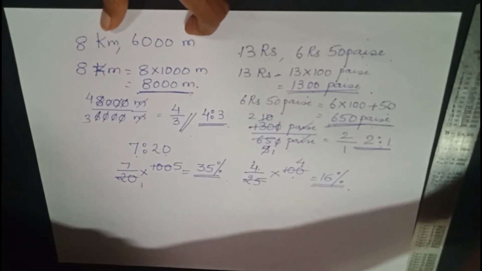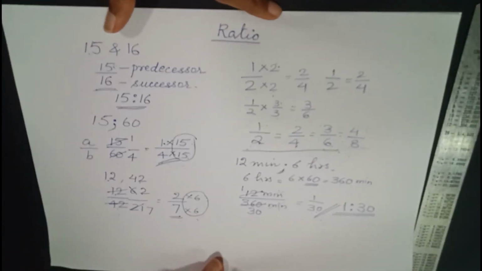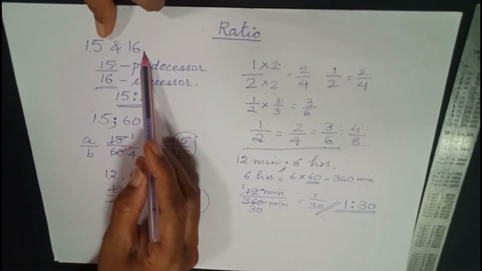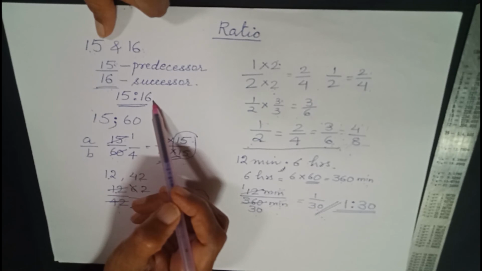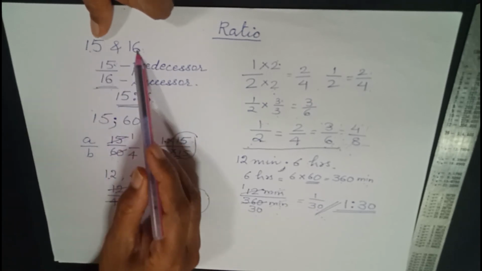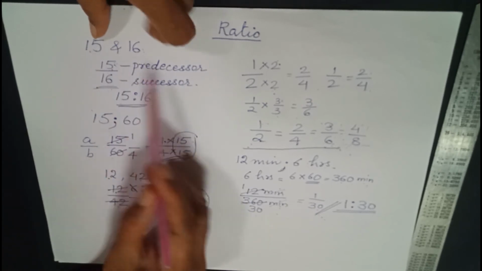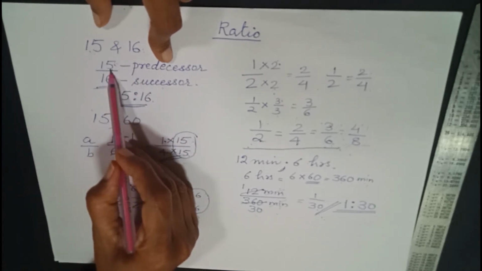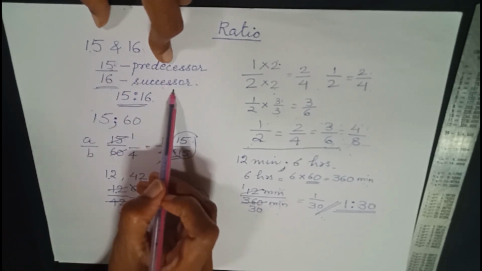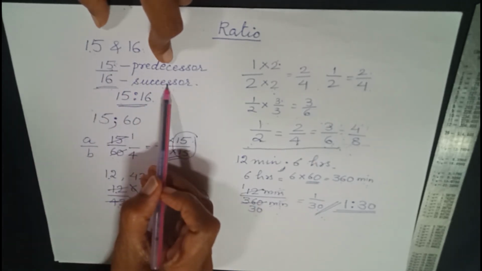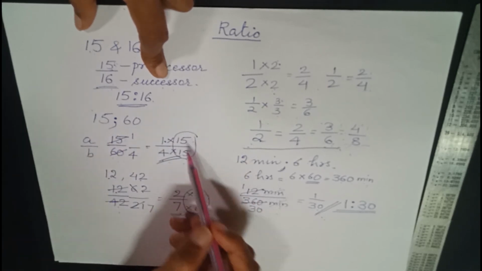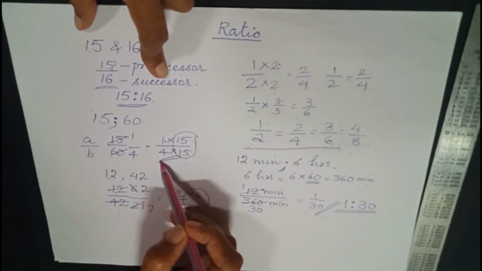Okay, so let's revise very quickly what we have found out. If two numbers are given, we can find out their ratio, that is 15:16, where 15 is the predecessor, 16 is the successor, or the number which you write in the numerator is called the predecessor and the number that we write in the denominator is called the successor. If possible, we should try to cancel or remove anything which is common,